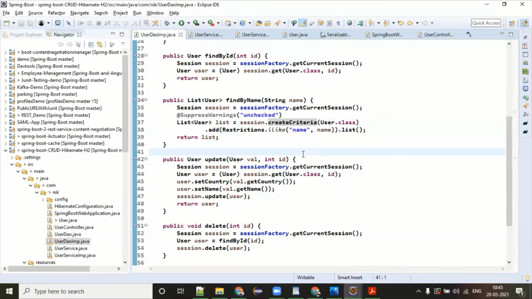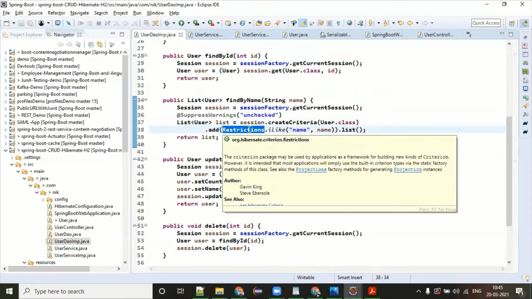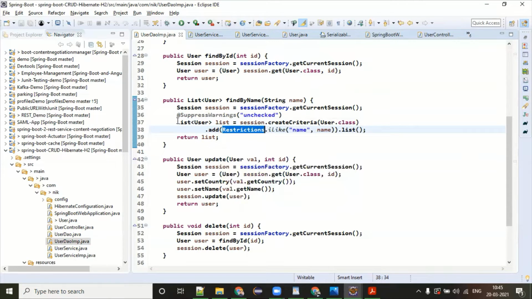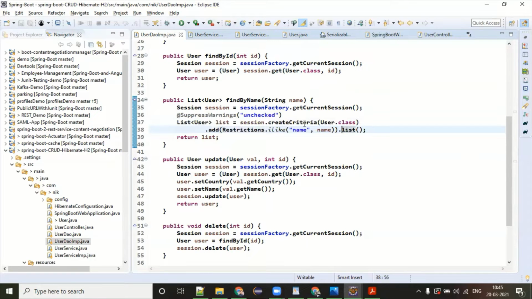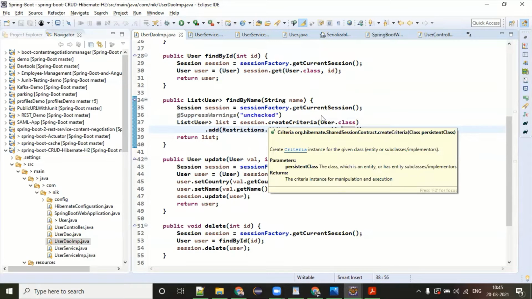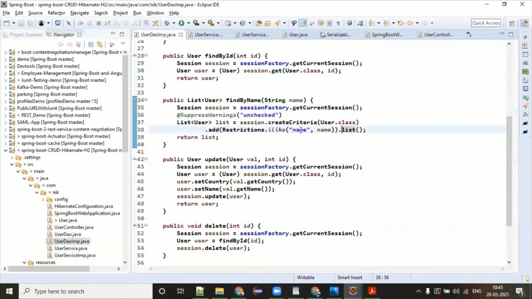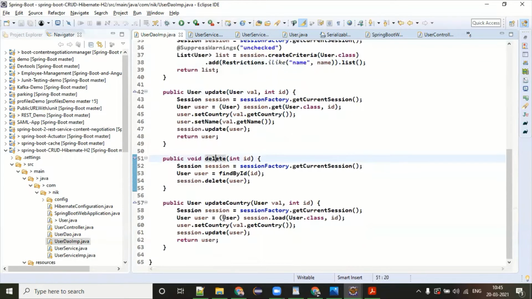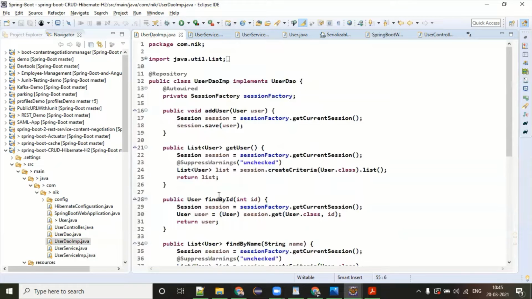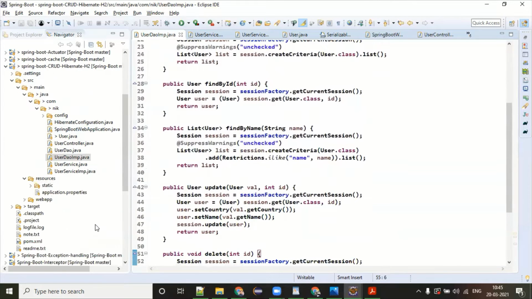You need to go through Hibernate because these are the libraries where you give the POJO class name, setting some restrictions. So this is putting the where condition. If this piece of code is executed, the query is select star from user where name like whatever you are passing. Similarly, we have update, delete, and a patch method specific to particular properties. So with that, I think we are ready to run this application.